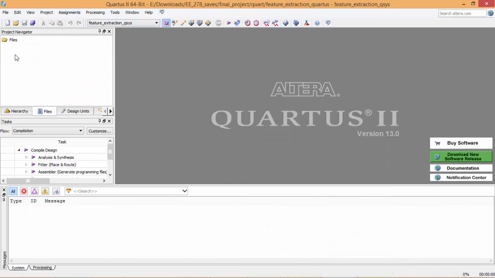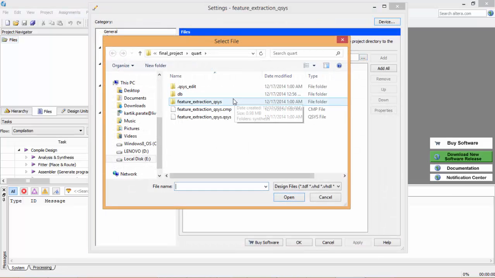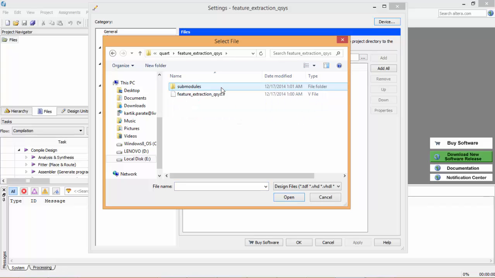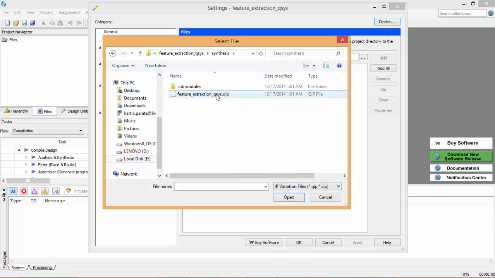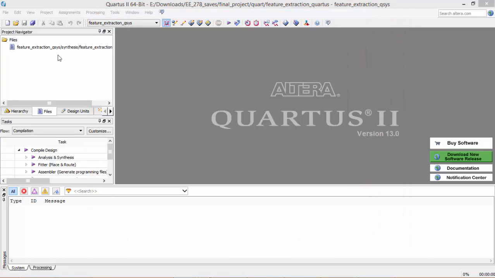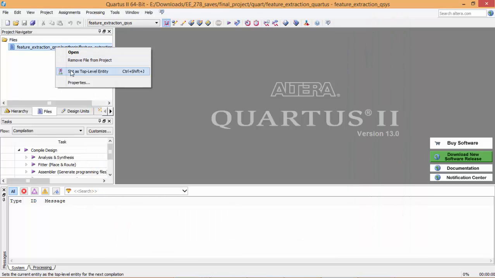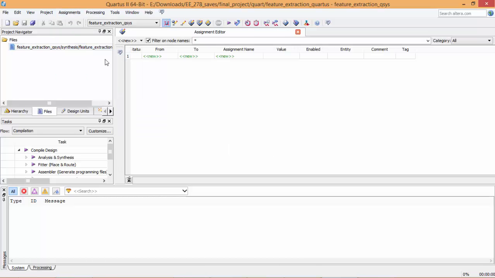Now in files, we add the files. We go to feature extraction QSys, synthesis, and we add a .qip file here. Set it as the top level entity. Now open the assignment editor to give the pin assignment. Here we give clock. Location